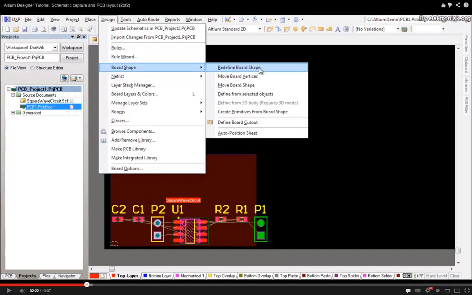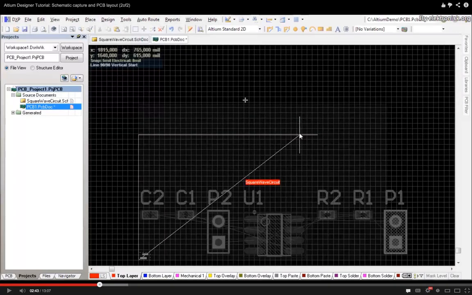So you go to Design and Board Shape here, and then Redefine Board Shape. You click that, it will go to this interface here, and then you can click one of the corners you want, and then you drag them. Since you can create your board shape into different shapes you want, for example like an octagon or a rectangle,